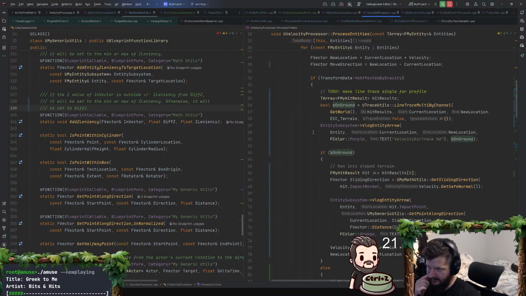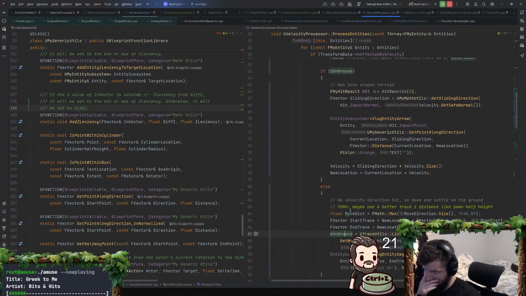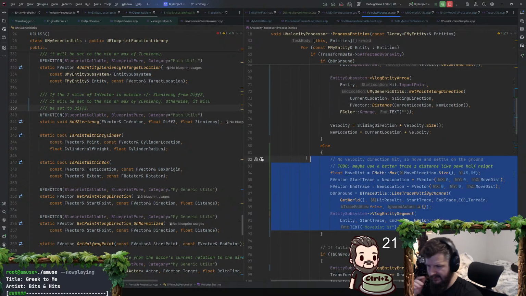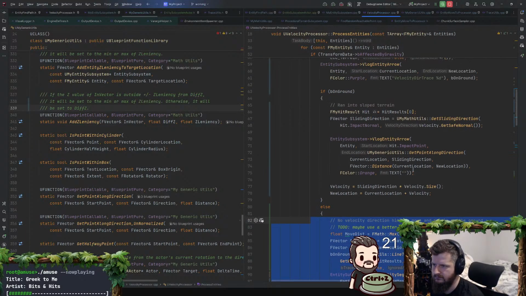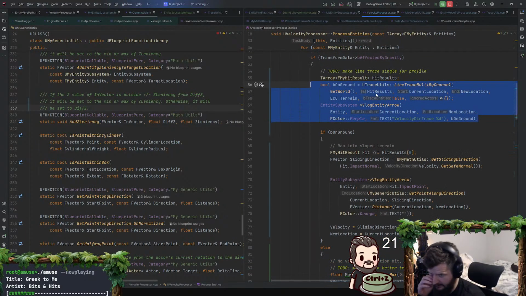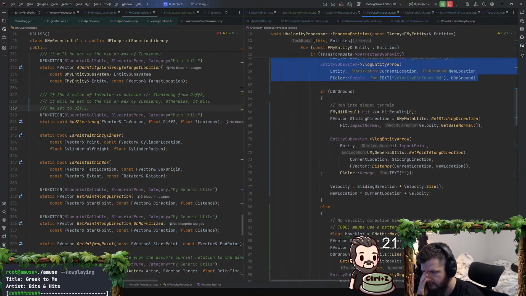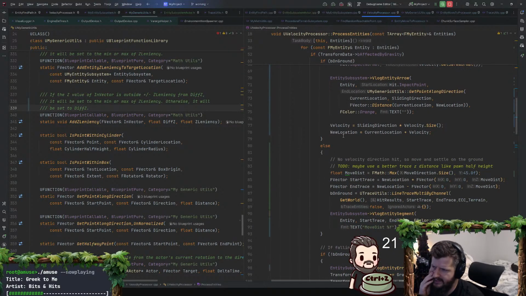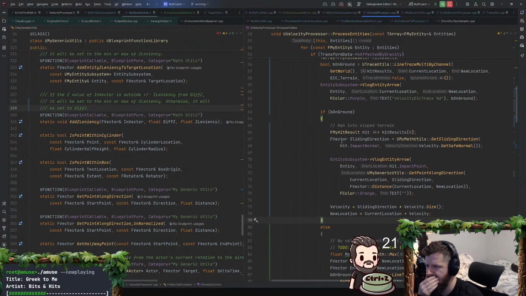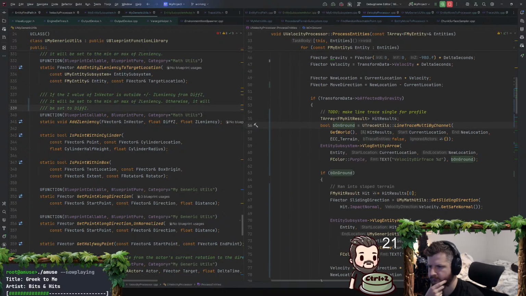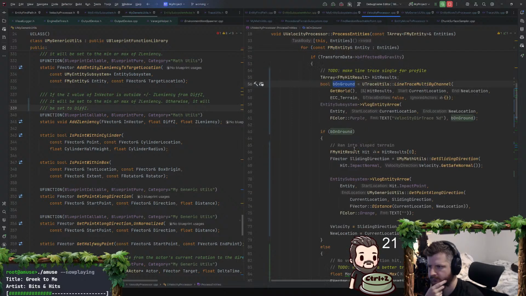Okay, let's call that gravity trace. I think I need to do both of these every frame, rather than one or the other. Well, I guess we always do that one, so it's one or both. I don't think this necessarily means we're on the ground, though.